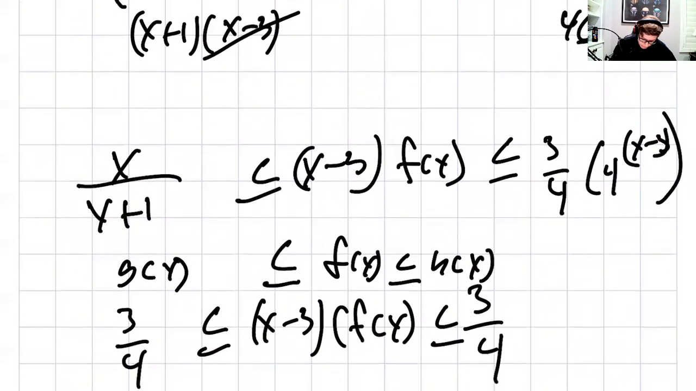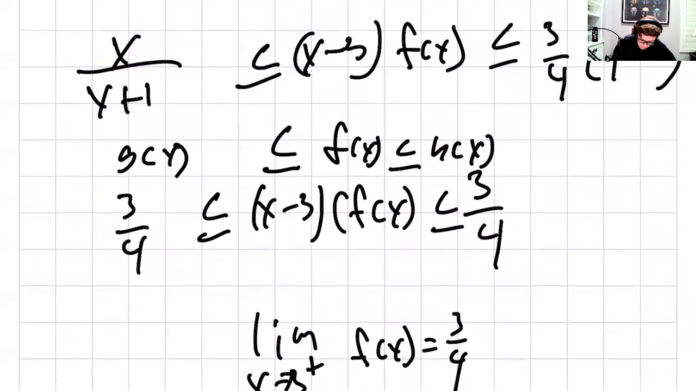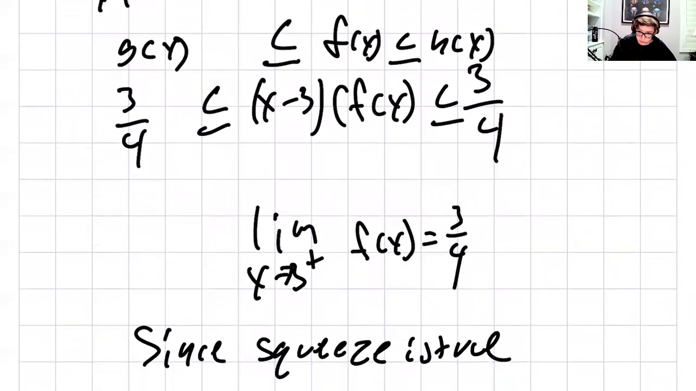So over here, you're left with x over x plus 1 is less than or equal to x minus 3 times f of x, which is less than or equal to 3/4 times 4 to the x minus 3. Then you have your g of x and your h of x. And what the squeeze theorem states is that if g of x is less than or equal to f of x and h of x is greater than or equal to f of x,